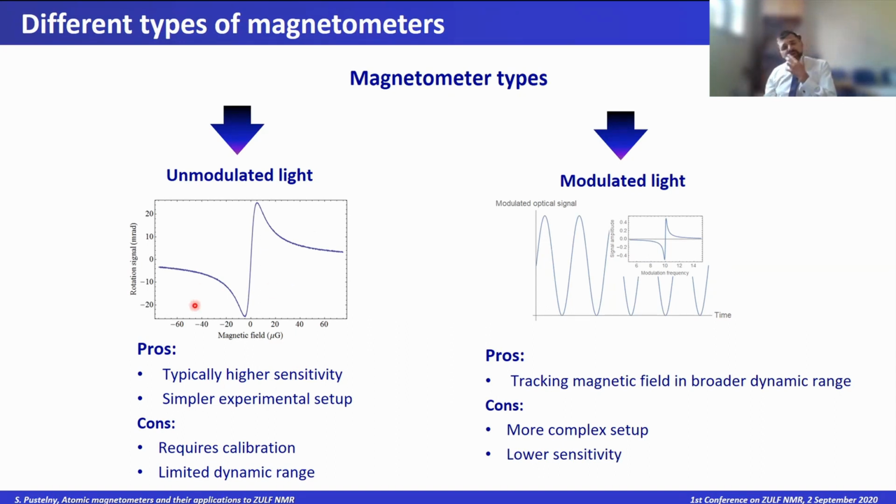This is a difficult situation because the width of the curve, the amplitude of the curve, depends on many parameters, such as light intensity, the temperature of your sample, the composition of your sample. So you have to do it carefully, and you have to have some control over your experimental parameters.